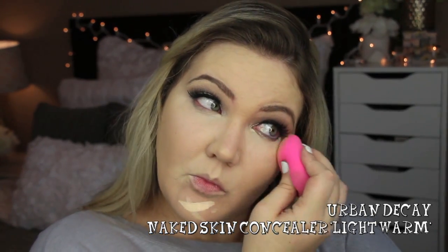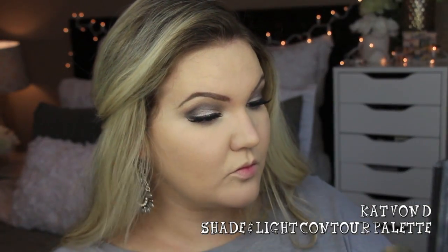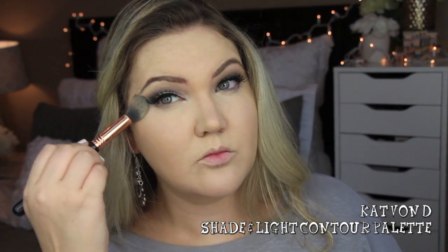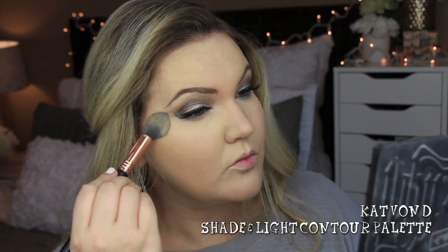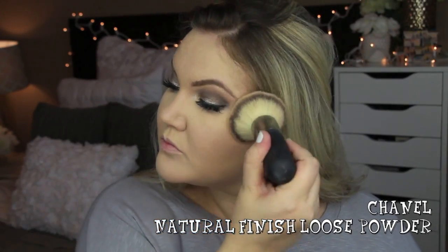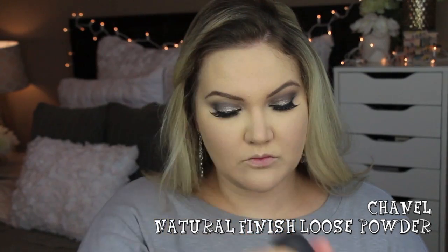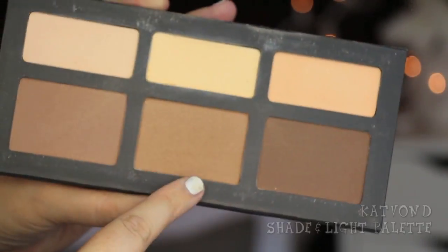And then for my under eyes, I'm using the Kat Von D Shade in Light Contour and highlight palette, and I'm just going to press in that middle shade under my eyes to set that concealer. Then to set the rest of my face, I've been using the Chanel loose natural powder and a big IT Cosmetics brush just to kind of set that around my face. This does have a little bit of color to it, so I do need to find something that's translucent, but